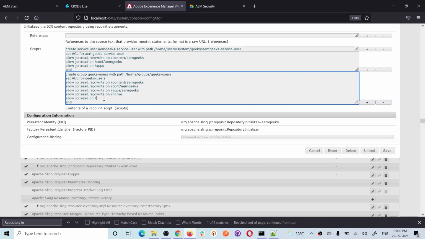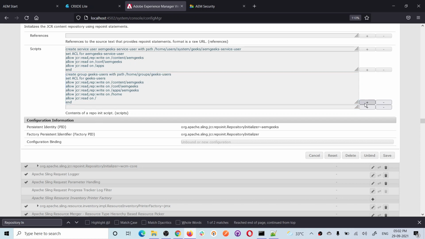And alternatively, just to show you, I'm saying it has read permission on all. I'm saying slash, right? And you should have end as well. So when you start setting ACLs, you should have end as well. So now, okay, along with, let me show you. This statement will create a user group. Now let me create a user as well, the same way.